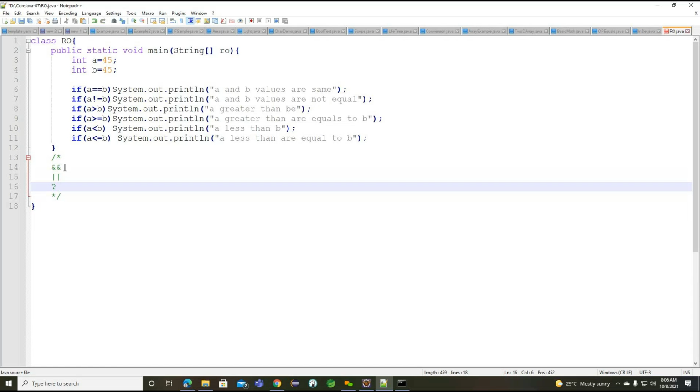The question mark we are going to call a ternary operator here. Getting the point? This is very important, the logical operators we are trying to write here, and along with these, we already identified that equal also comes under the logical operators as well.